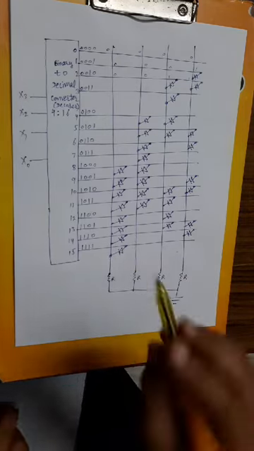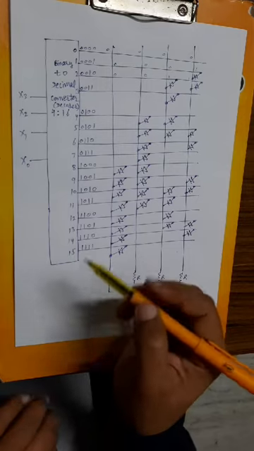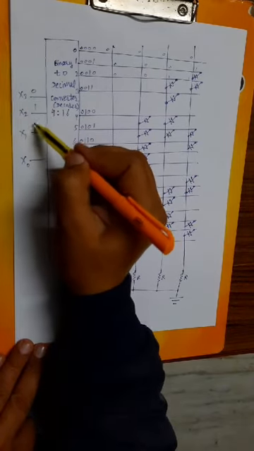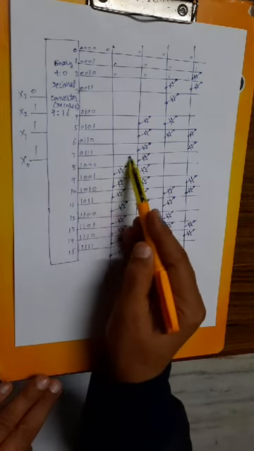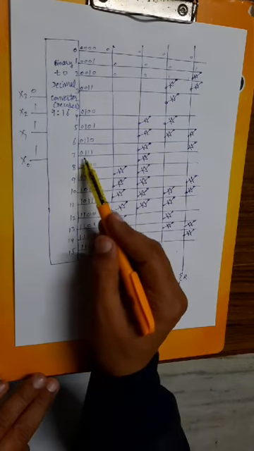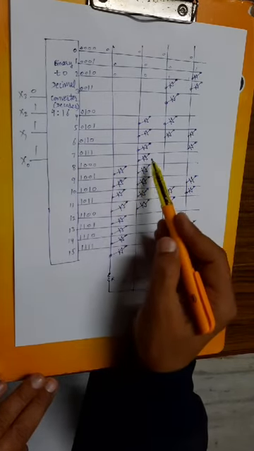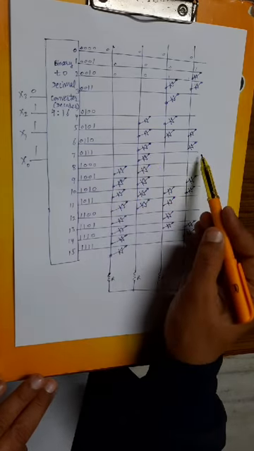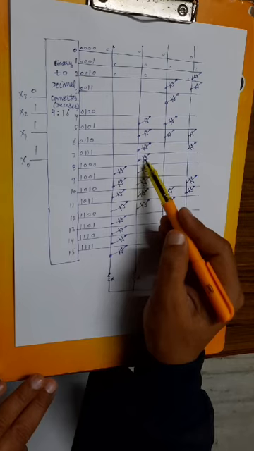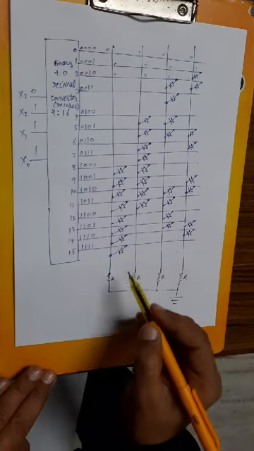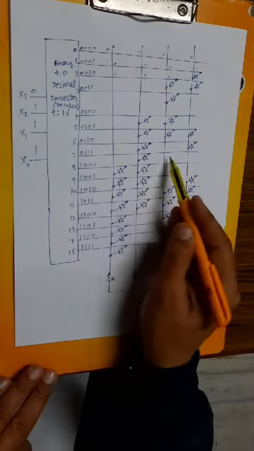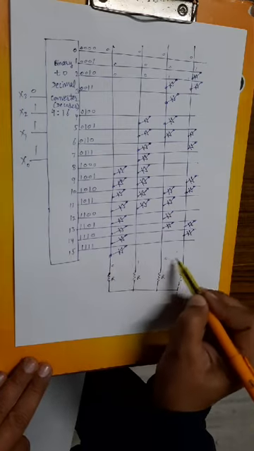So let us consider that there is a combination of 0 1 1 1. It means which line will be active? This 7 line. No other line will be active. This 7 line will be active. Then potential is higher on this row line, so this diode will be forward biased. It means this row line will be connected to this column line. So what will be the output? The output will be 0 1 0 0, and this is the gray code combination of 7.